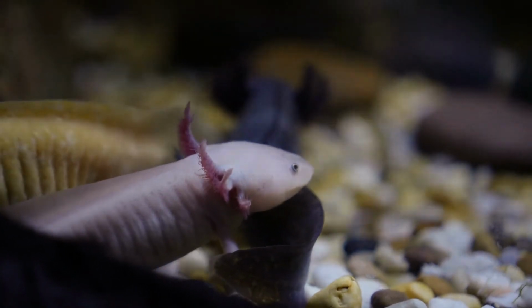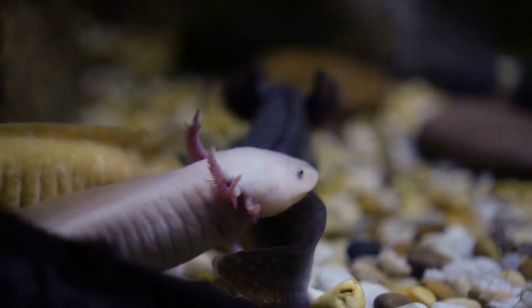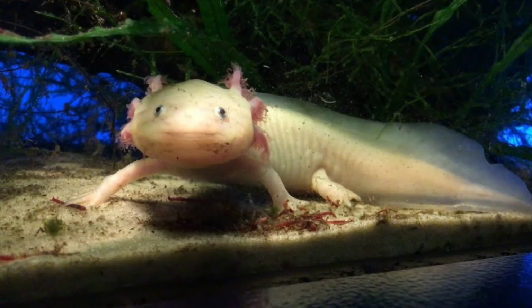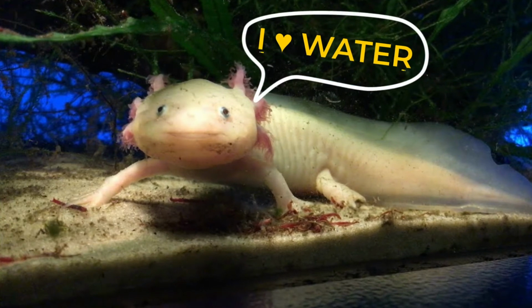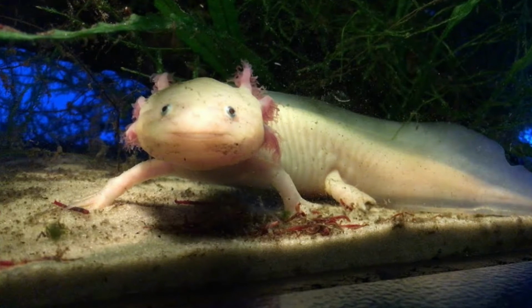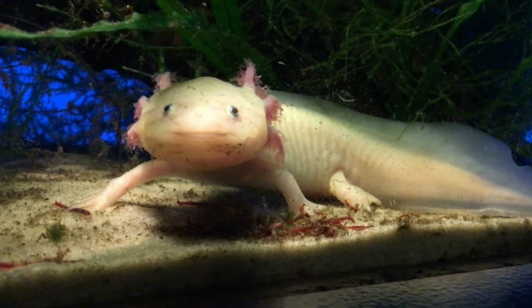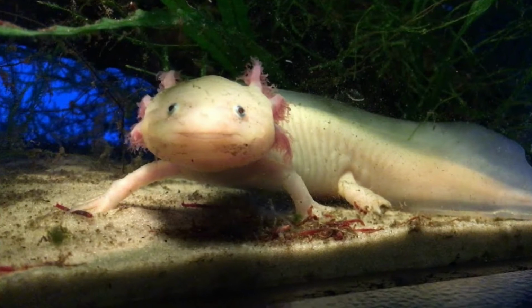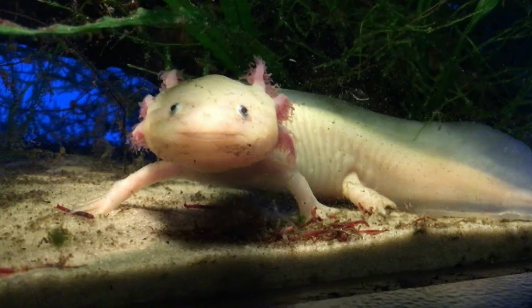While most salamanders will lose the gills in their dorsal fin as they get bigger and emerge onto land, axolotls will keep their feathery external gills and remain underwater permanently. Interestingly, axolotls can reach maturity and go through a metamorphosis in extremely rare cases. This has been accomplished in the lab by injecting them with a shot of iodine,